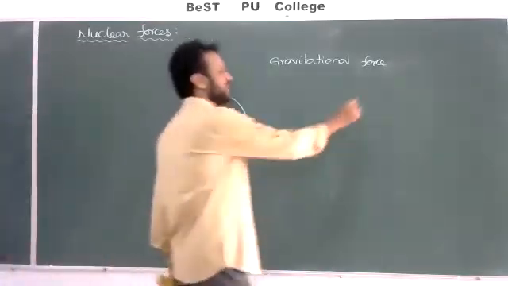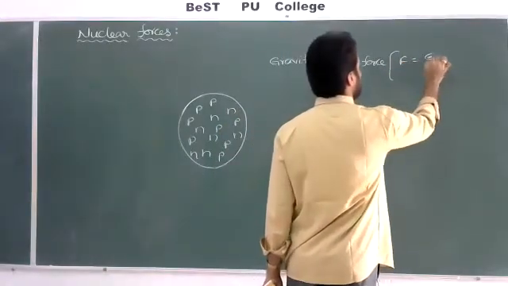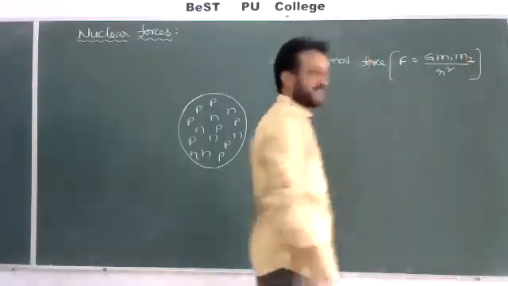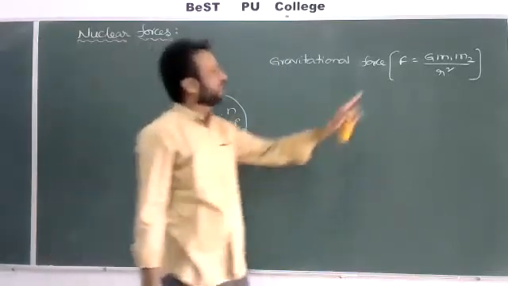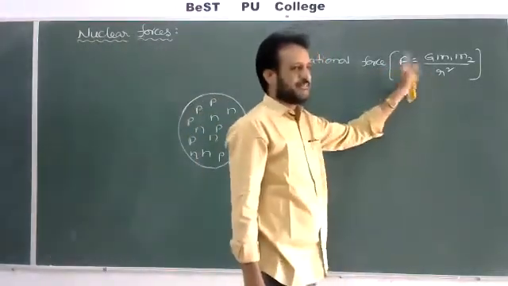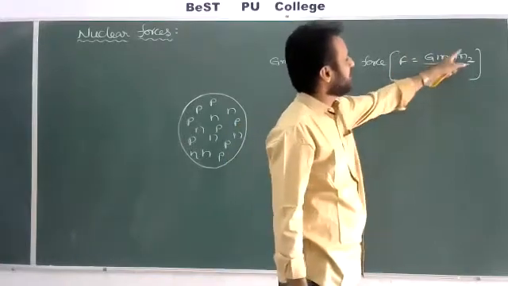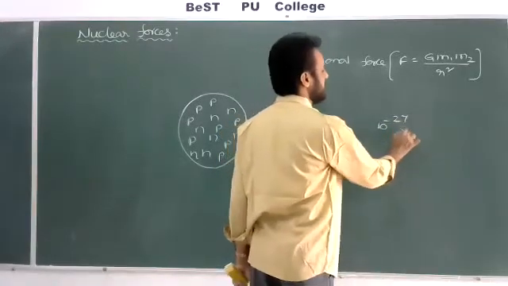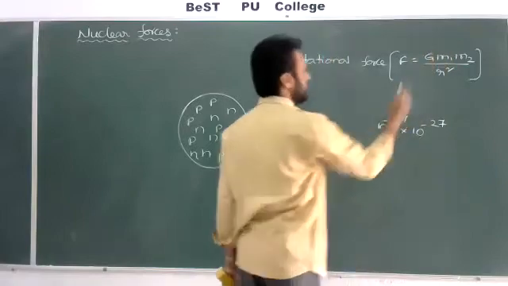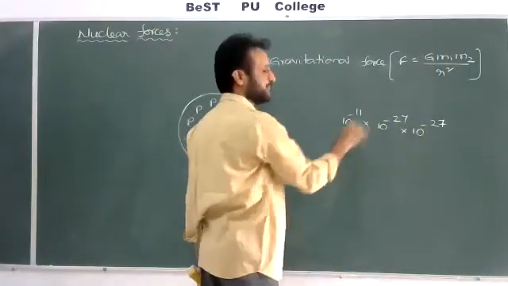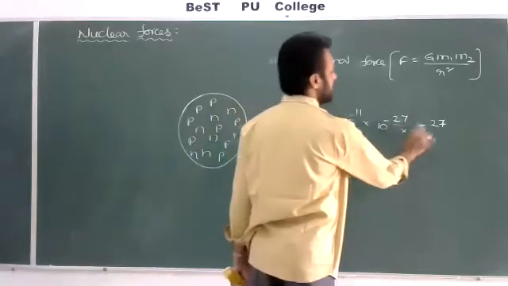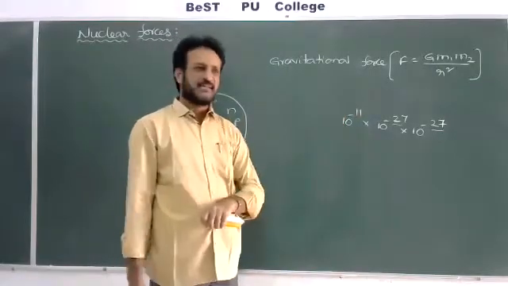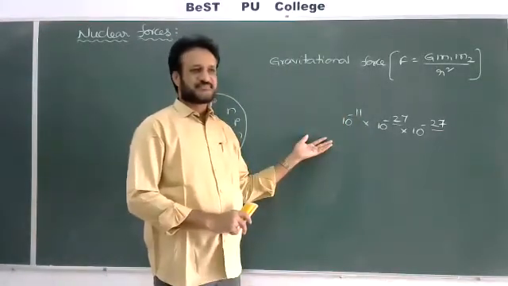We already know the gravitational force formula, F is equal to G m1 m2 by r square, or d square. In first year, the universal law of gravitation formula is there. So F is proportional to 1 by r square, and F is proportional to m1 m2. But the mass of the proton and mass of the neutron are about 10 to the power of minus 27 each, and the G value is 6.67 into 10 to the power of minus 11. So minus 27 minus 27 is minus 54, minus 54 minus 11 is equal to minus 65. Minus 65 means negligible, very, very small.